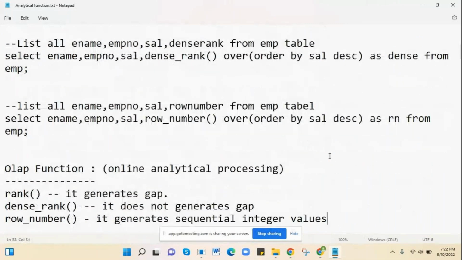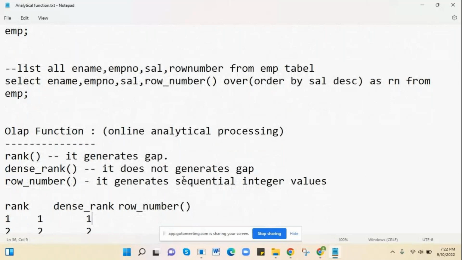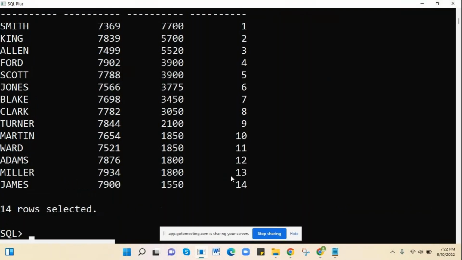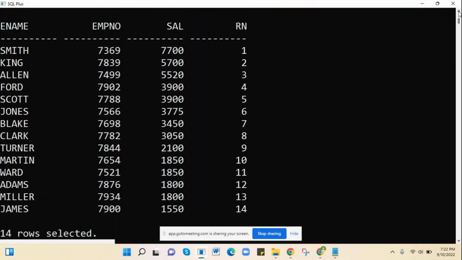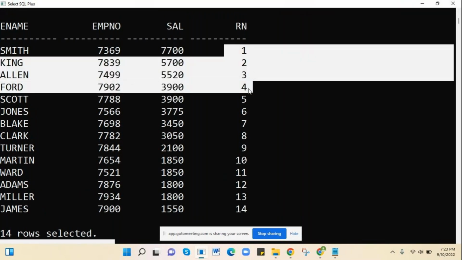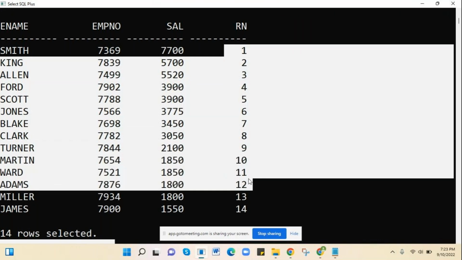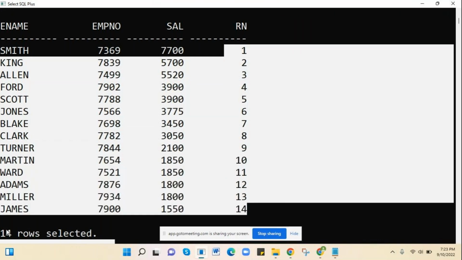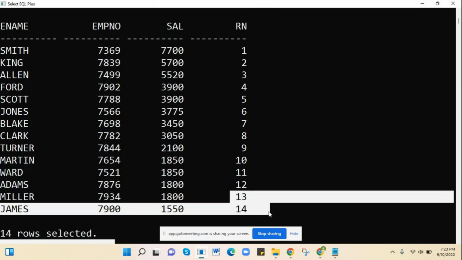Row number is nothing but it gives the sequential integer value. No matter whether they have the same salary or not, it will give the numbers 1, 2, 3, 4, 5, 6, 7 like that. You see, 1, 2, 3, 4, 5, 6, 7, 8, 9, 10, up to 14. 14 implies 14 rank. But you see, these two people,